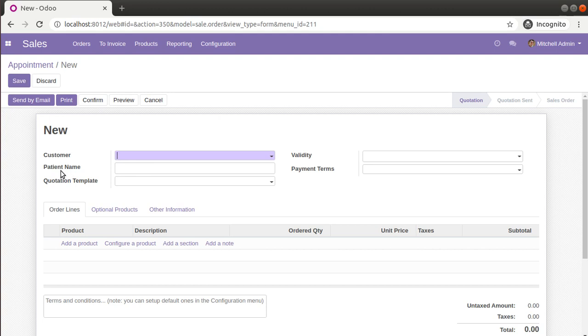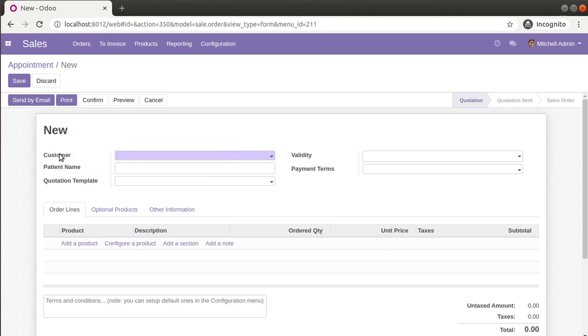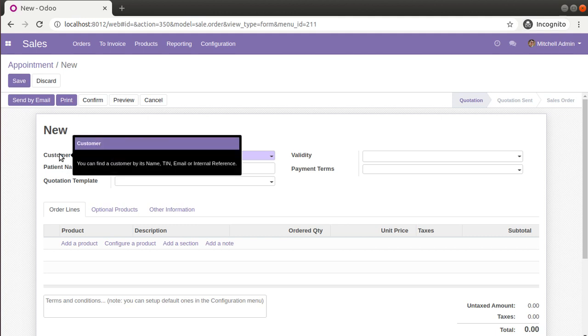In that case you might think we just have to give groups along with the field name, groups equal to the group name. Yes, that's fine, you can do that. But what if it is an existing form field and the condition is that you don't need to show, for example, the customer field for a particular user group? Let's see how we can do that.